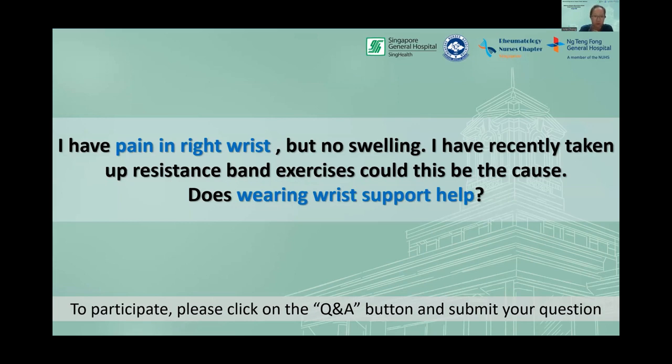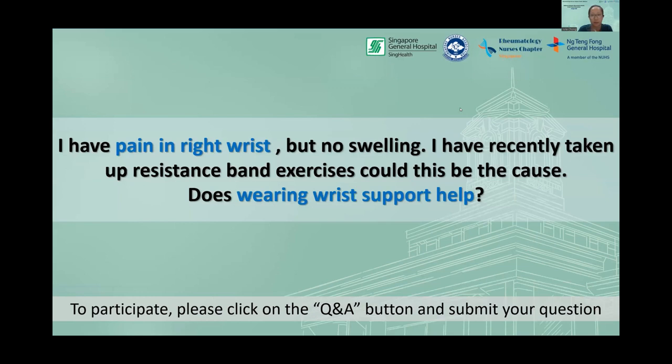So some of the alternatives we can look at is, let's say the pain started only after taking up the resistance band exercise, we need to look at reducing the resistance of the band, because I'm assuming you're referring to TheraBand with the different color-coded bands that have different resistance. So start slow, reduce the resistance in the band and then slowly work your way up, and make sure when you're holding the band, to hold it tight enough.